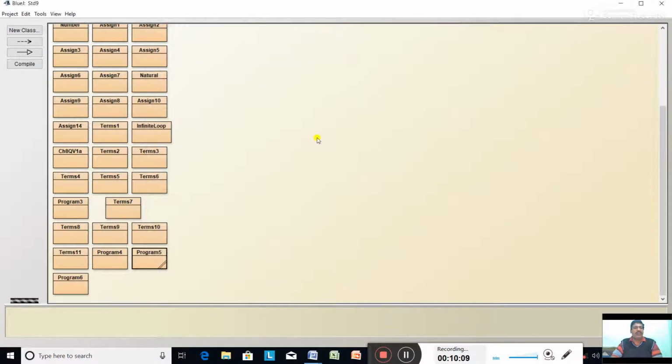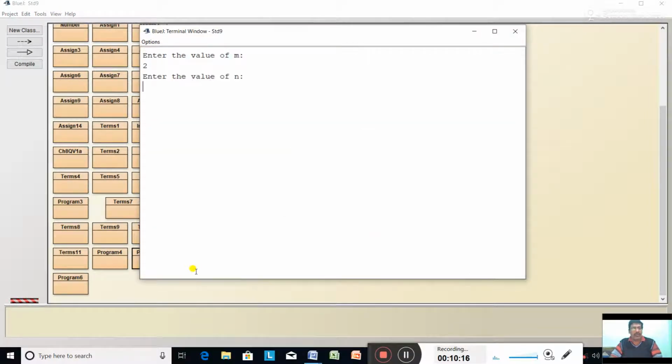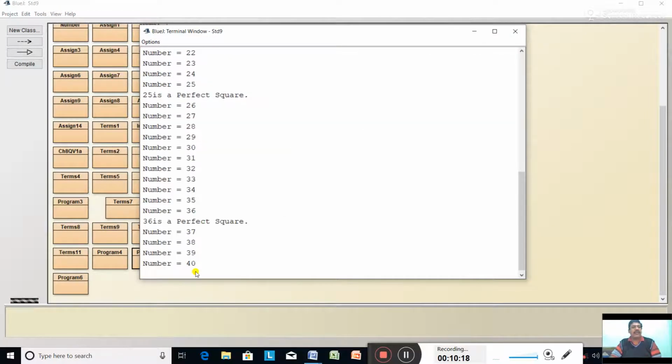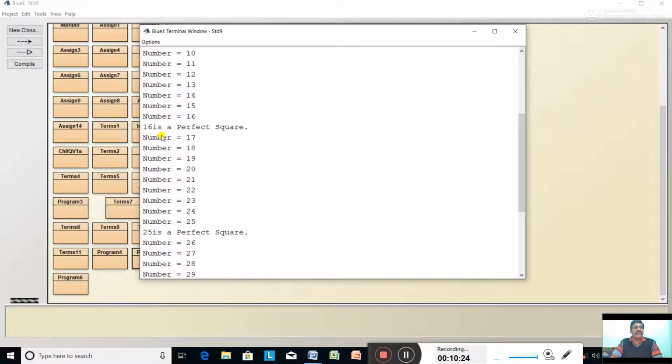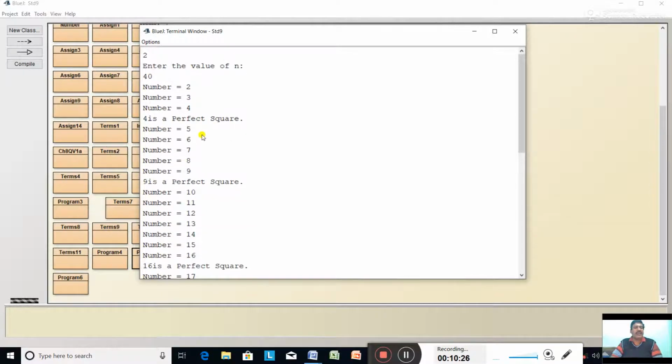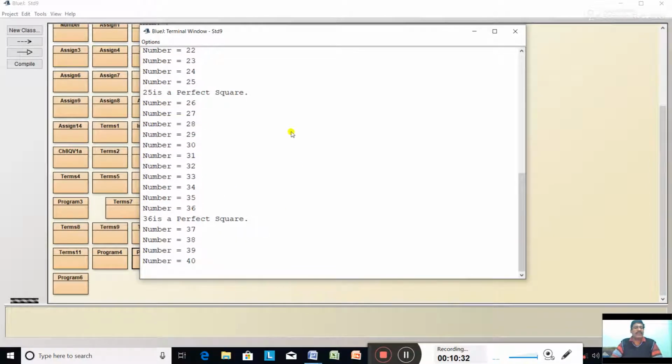Once again, input value 2 and value 40. Now see, between 2 and 40, 4 is a perfect square, 9 is a perfect square, 16 is a perfect square, 25 is a perfect square. These are the perfect squares.